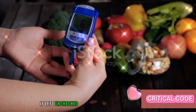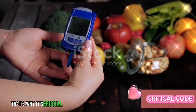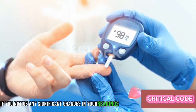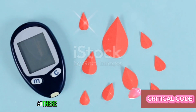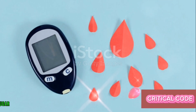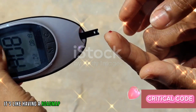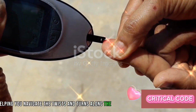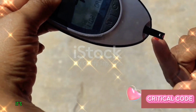If left unchecked, both can lead to serious health complications. That's why it's crucial to seek medical help if you notice any significant changes in your readings. Remember, it's always better to be safe than sorry. So there you have it. Monitoring blood sugar levels is a fundamental part of managing diabetes. It's like having a roadmap that guides you through your journey, helping you navigate the twists and turns along the way. Because at the end of the day, it's not just about managing a condition, it's about living your life